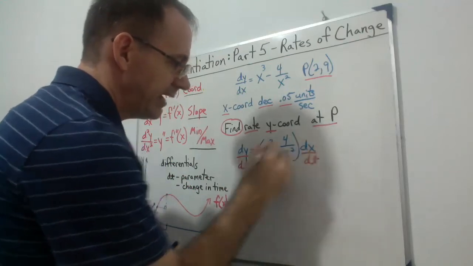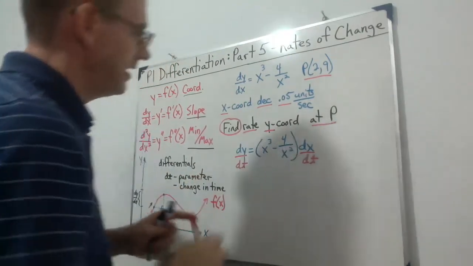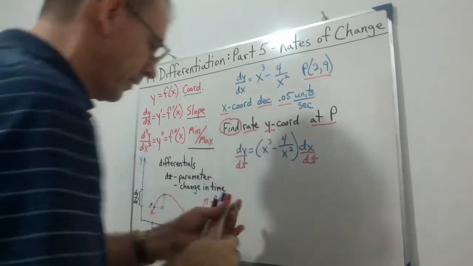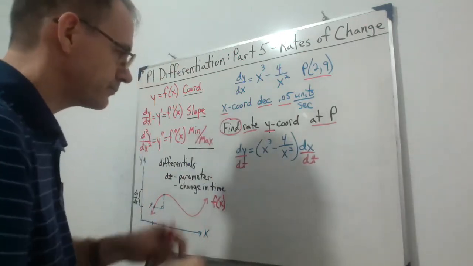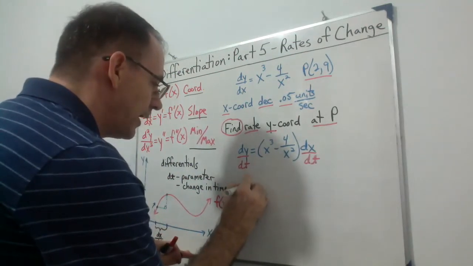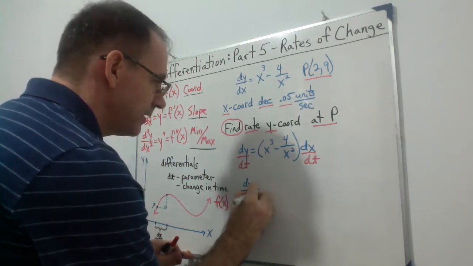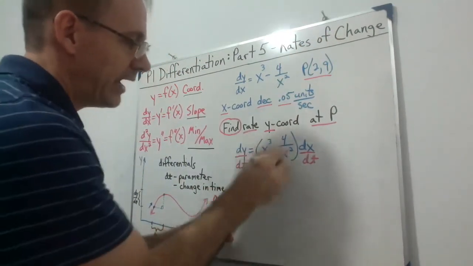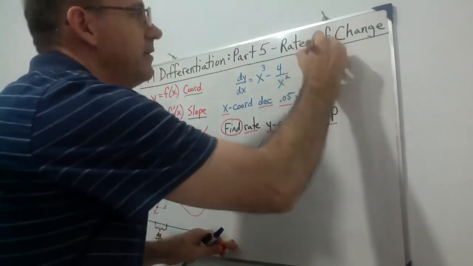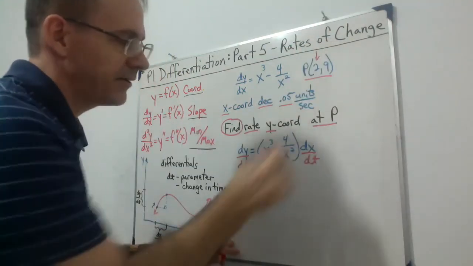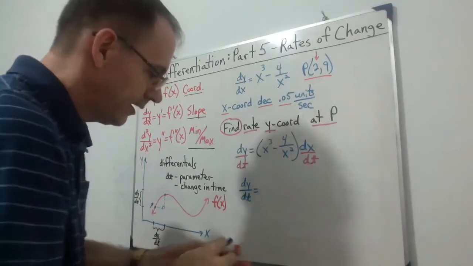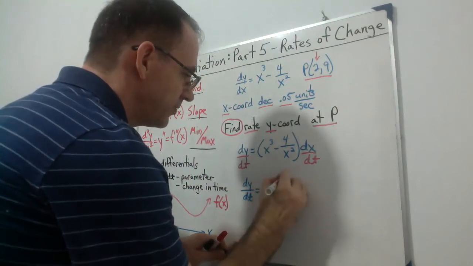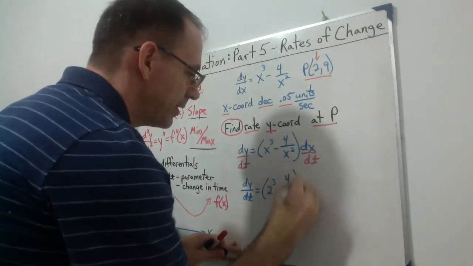That way we create our rate. And it's asking for the y coordinate, which means dy/dt. So we're already set for that. So our dy/dt equals, it's at point P, meaning we want, and we have x variable here, so we want to use the x coordinate of point P, which is 2. So we plug the 2 in for the x, and we get 2 cubed minus 4 over 2 squared times